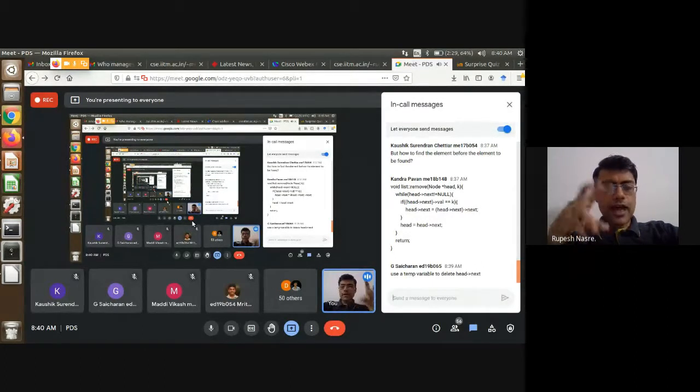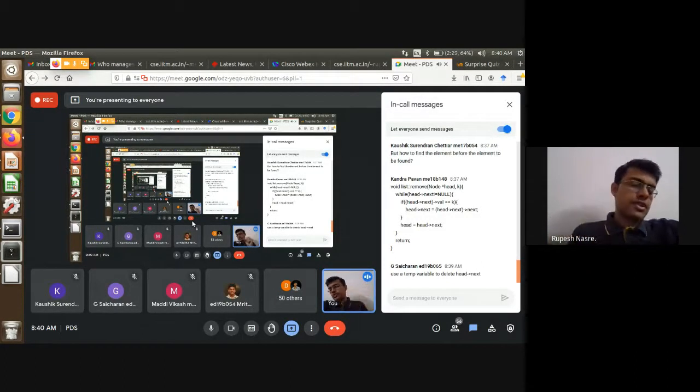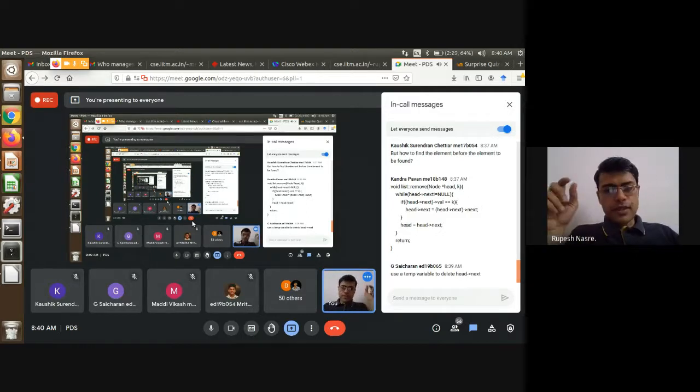So I hope you are getting a hang of the situation that in lists, if the operation is read only, for example, if I just want to print or find the elements, things are relatively easy. You can code it up rather easily. But when you want to manipulate the links, which happens in the context of insert as well as remove, there you have to be a little careful and especially take care of the end cases. The regular case you will be able to write, but take care of the end cases.